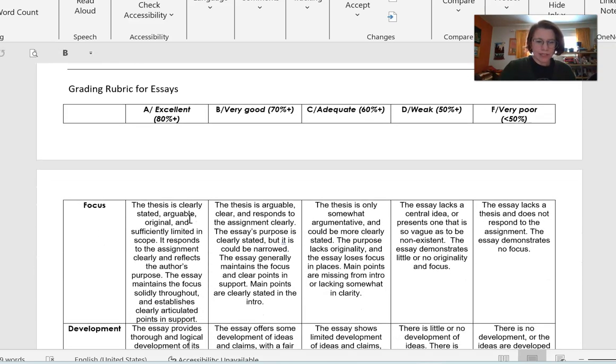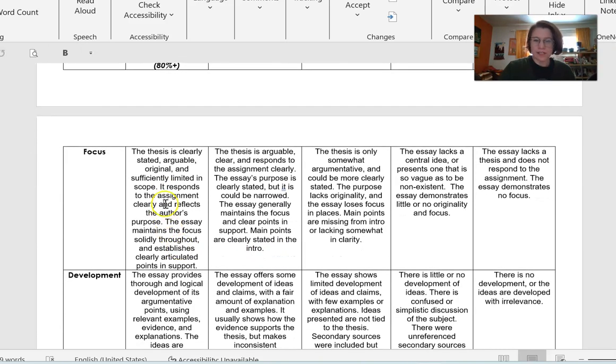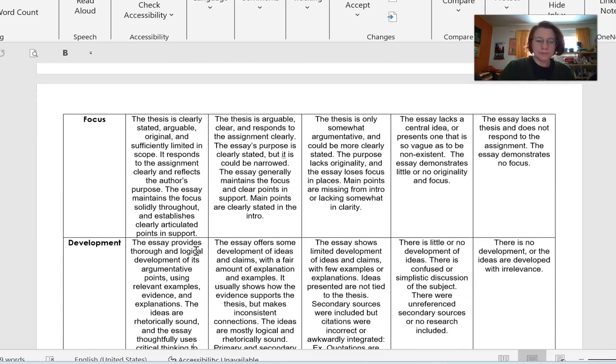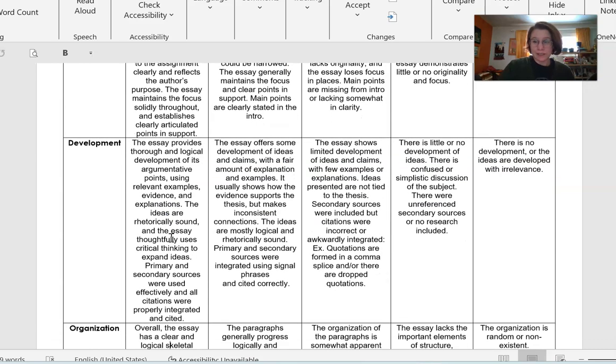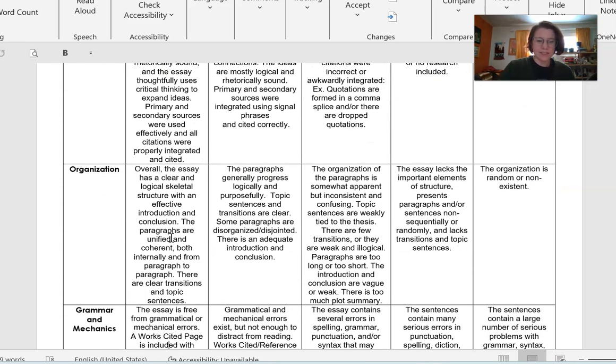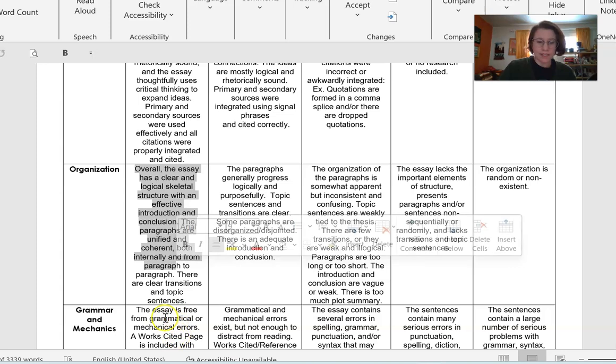This is the grading rubric that I use, so I've attached that as well. It looks for things like your thesis statement, how well your argument is developed with evidence. Are you explaining your evidence? Is your essay clearly organized? Do the paragraphs have topic sentences?